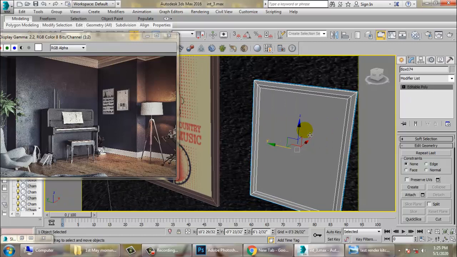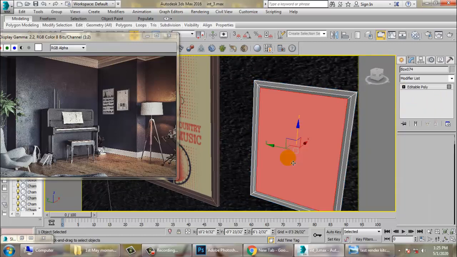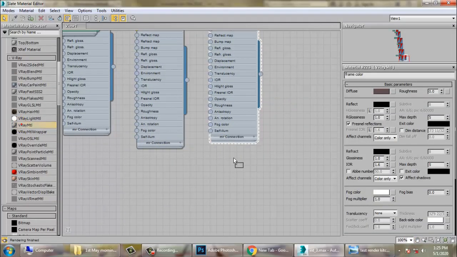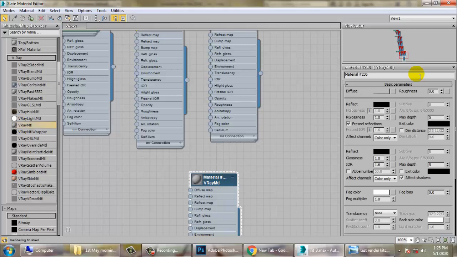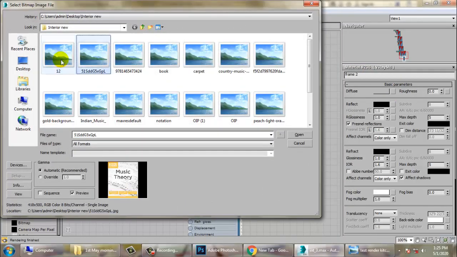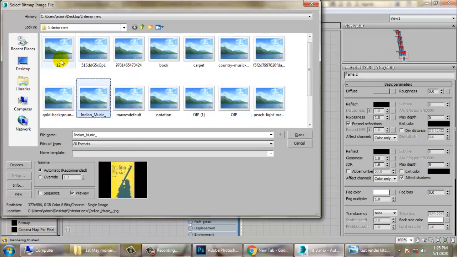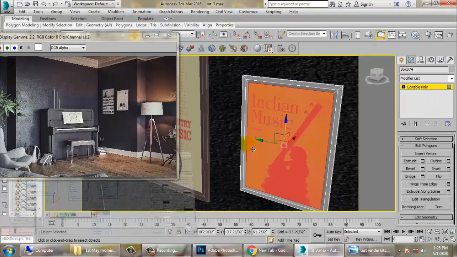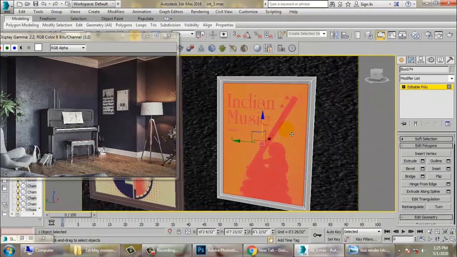Now again select this. Let's go into this polygons over here, and let's take one more video material. That's for your second frame. So frame 2 texture, we have downloaded the texture. So you can take this texture for this.